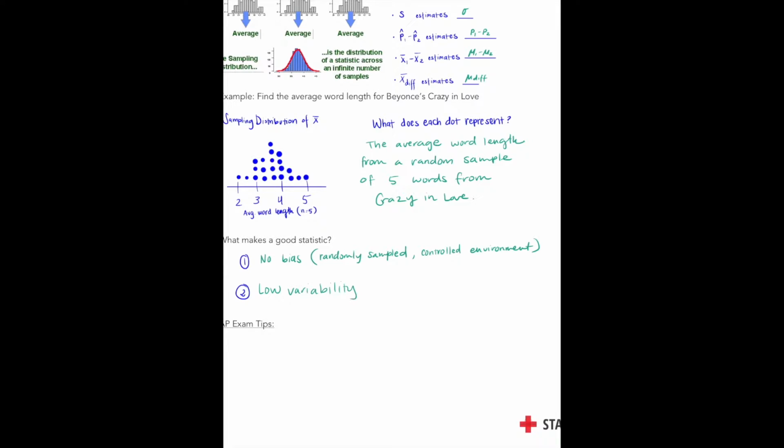Low variability just means that all our data is trending towards a center. They're not too spread out from each other. So in order to get low variability, all we have to do is get a larger sample size. Okay, so I don't really have any exam tips for today, but let's move on to the next section,